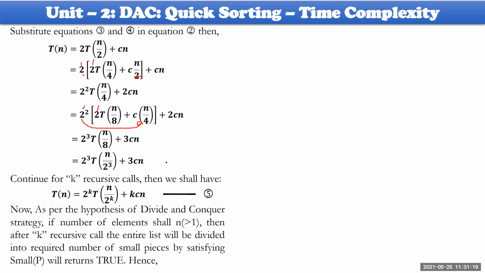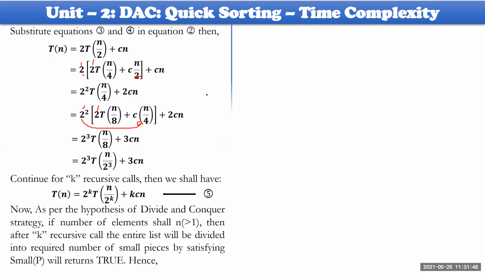Hence, after k recursive calls, small of p will be satisfied and returns true. Therefore, your leaf level sublist must have a single element as far as quicksort or mergesort is concerned. This is the general hypothesis or general synthesis of divide and conquer. Based on this particular